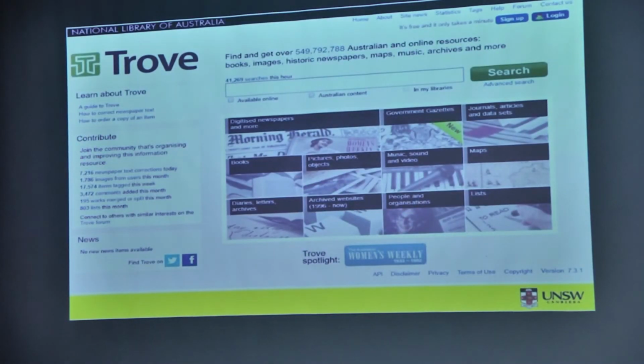This is the current interface of Trove. It has gone through some design changes in the last few years, but in essence is a little different to the original design. The backbone of Trove is the Union Library Catalogue of Australia, which has physical and digital holdings from over 2,000 libraries in Australia. Trove also harvests data resources from other institutions, such as archives, galleries and museums, and our national TV broadcaster, the ABC, making this a really useful Australian information portal.